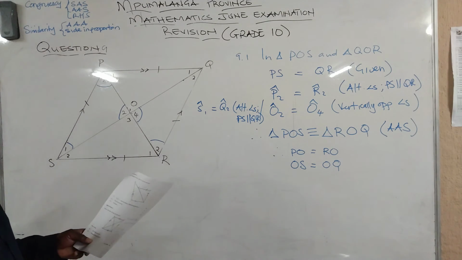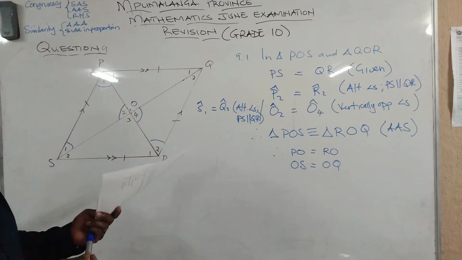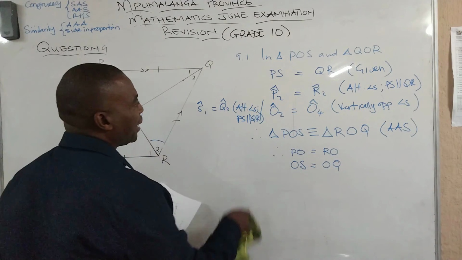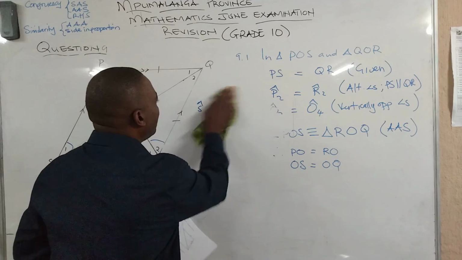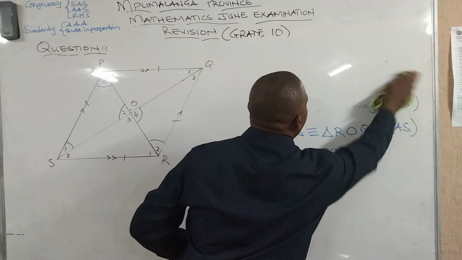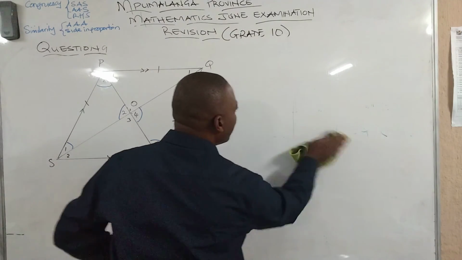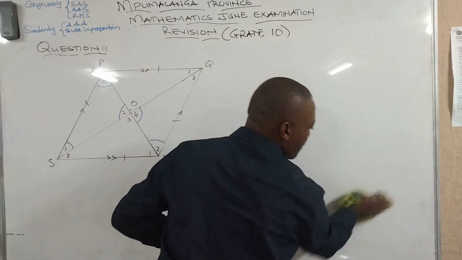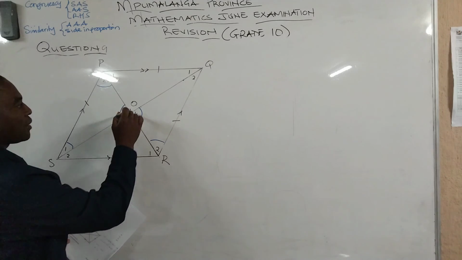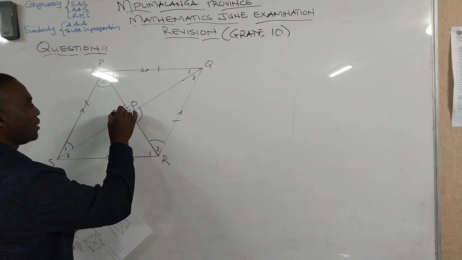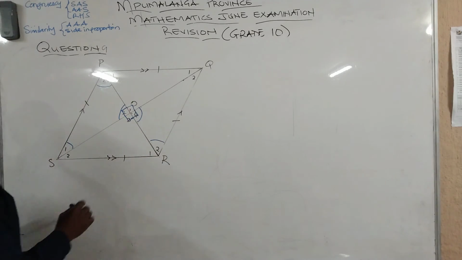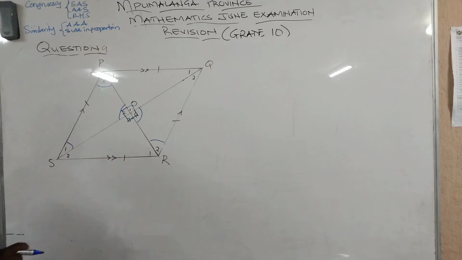Now 9.2, you are asked to prove that diagonals bisect at right angles. Now, if diagonals bisect at right angles, it means that we have to prove that we do have right angles here. So to do that, we have to take two adjacent triangles. We can take